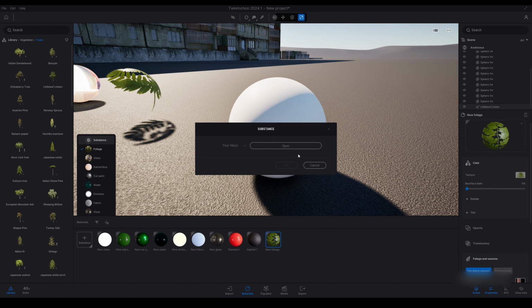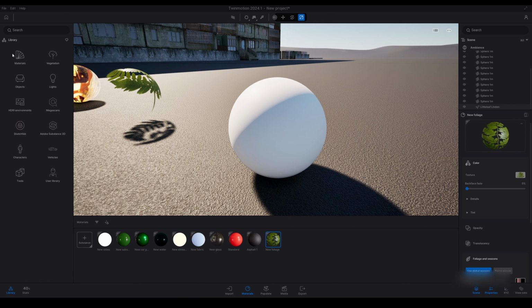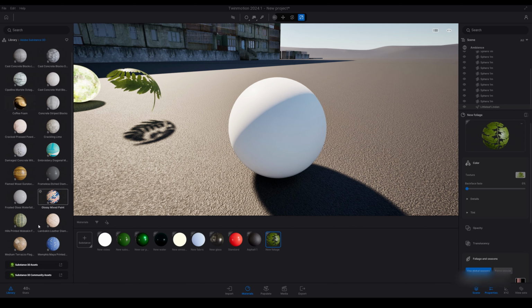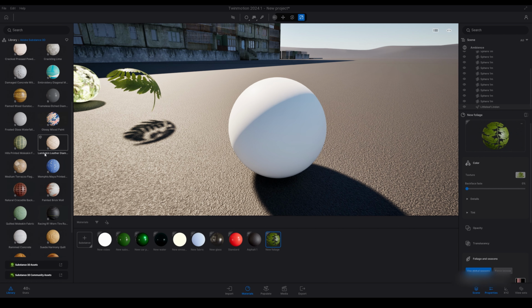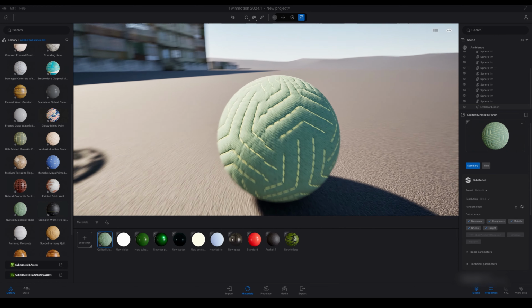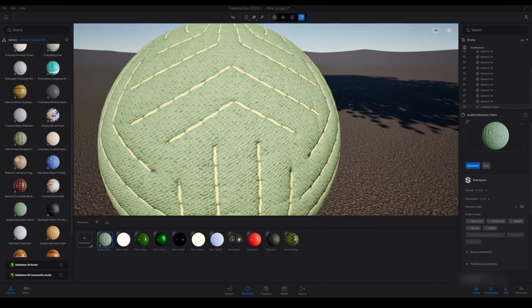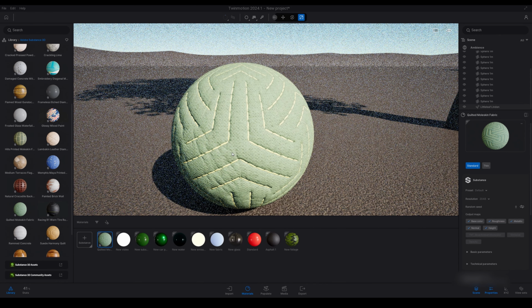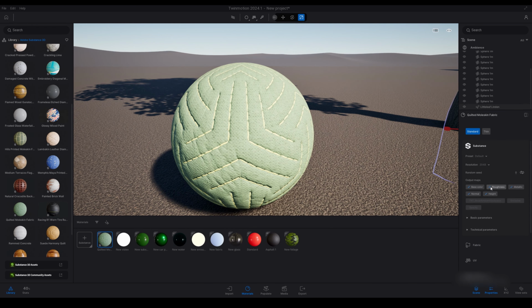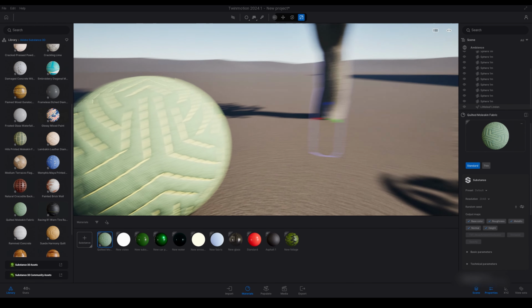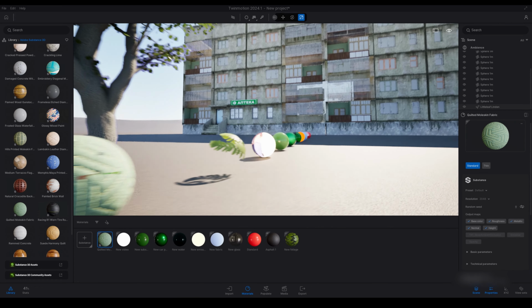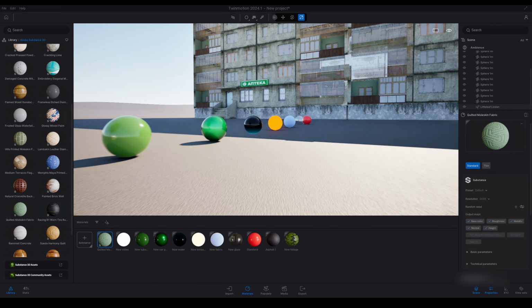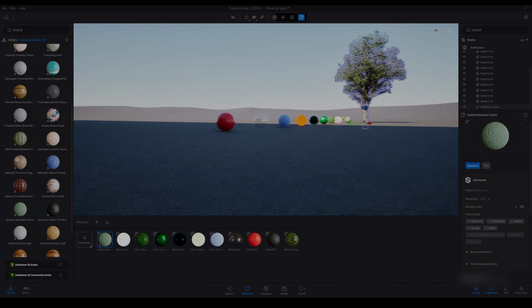which is Substance. Adobe Substance. So you can import your own Substance material that you can download online, or you can use the new Adobe Substance 3D library, which is in Twinmotion 2024.1. So I've just applied an Adobe Substance material to the sphere. There's a lot of settings on the right hand side. I won't go into a lot of detail in this video, but if you like you can play around with the materials yourself.